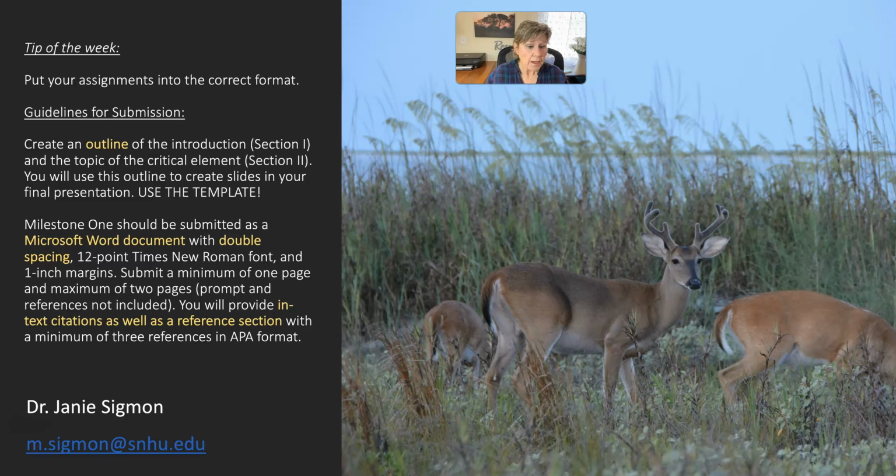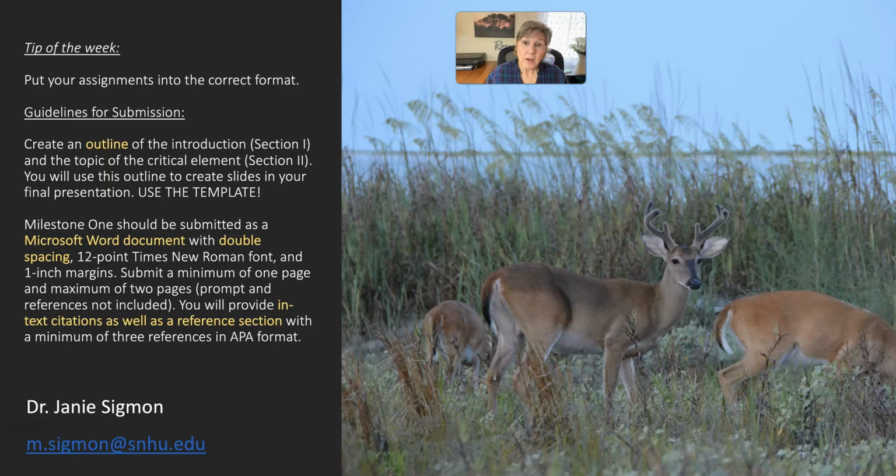Use in-text citations because you are getting this information from somewhere. Well, where? Don't tell me Google. Oh my gosh, no, no, no, no, no. So where are you going to get the information from? The Shapiro Library. You got your textbook. You can use Google Scholar. I said don't use Google, didn't I? But Google Scholar has all the scientific articles that are out there. PubMed is also a good database, but the Shapiro Library is excellent. So use it. Plus your textbook. Your textbook is also excellent.